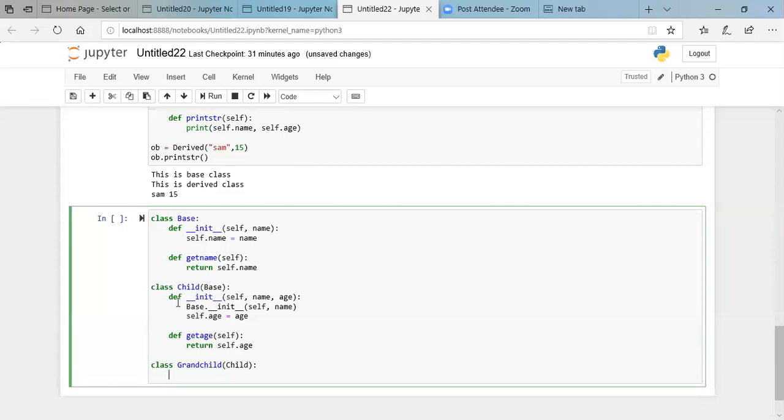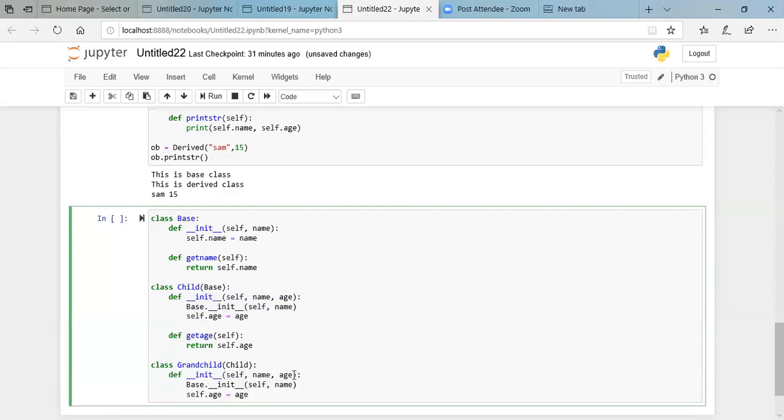And within this, again, we'll be having the constructor with some additional features over here. Let's say address. Okay, we'll not be calling the constructor of the base class, rather we'll call the constructor of its own parent.